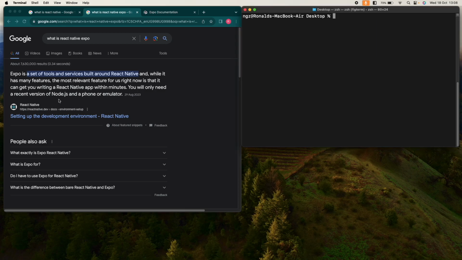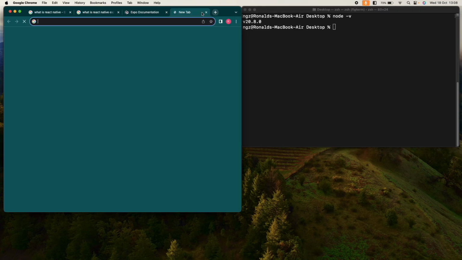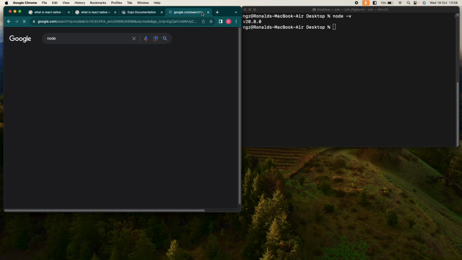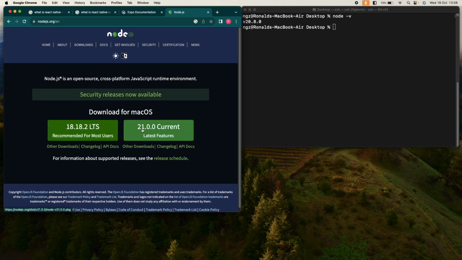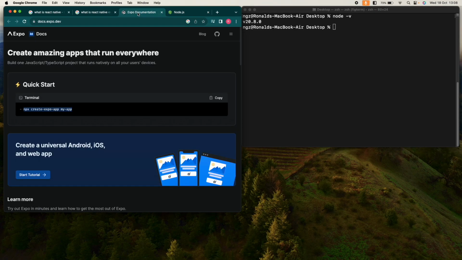So we need a recent version of Node. If I do node -v on my system, I have Node 20.8.0. Let me see the latest version. So we're on 21 currently, which is the current version. I'm on 20, but as long as you have from 18 and onwards, you think you're good to go. So then you shall come to this URL,